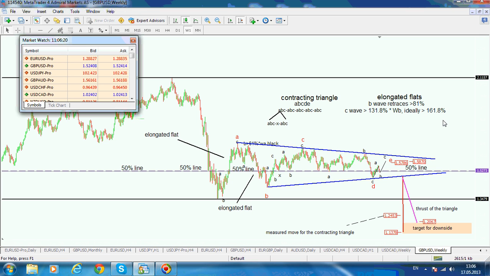Now this is what I wanted to show you based on this weekly analysis on the Great Britain pound US dollar, and in the next two recordings that I will have, we will take a look at the contracting triangle that we have on the US dollar Canadian dollar weekly chart, and try to do exactly the same as we've done here, but on a different example. So until then,